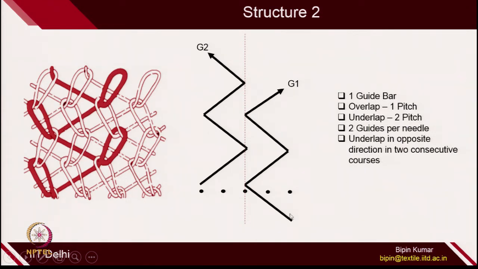And the other difference which you can observe is that if you follow the needle movement for just one needle, you will realize that in alternating courses two different guides are coming. In the first course, which is here, guide G1 is providing yarn. In the second course, which is here, guide G2 is providing the yarn to this particular needle. In the third course, guide G1 is again providing. In the fourth course, guide G2 is again providing. So, again, this is clearly because of the overlap and underlap movements of each guide,